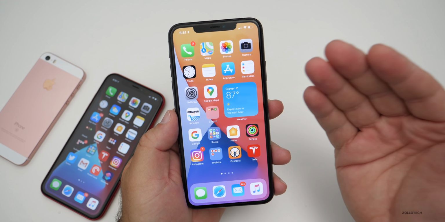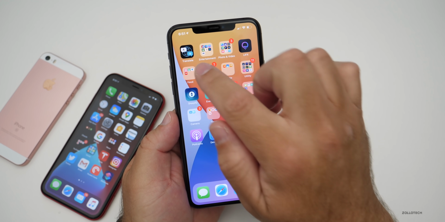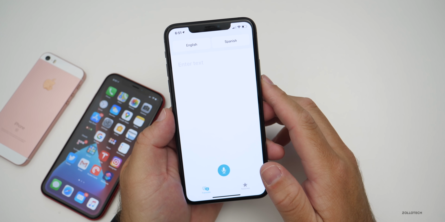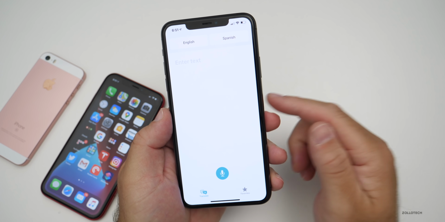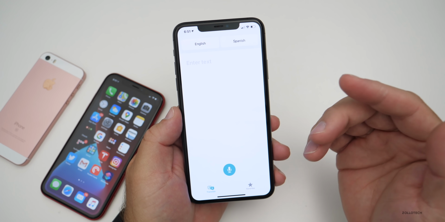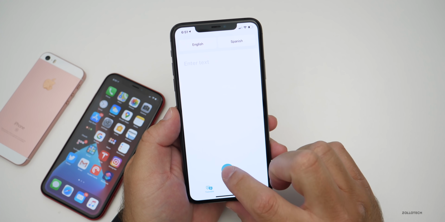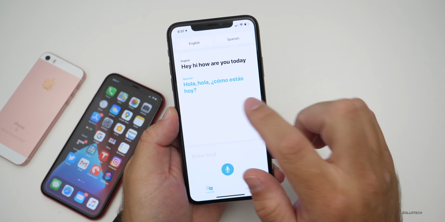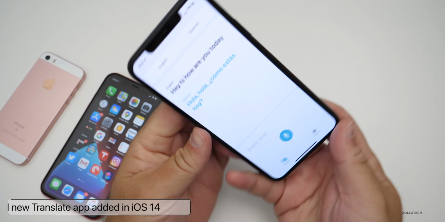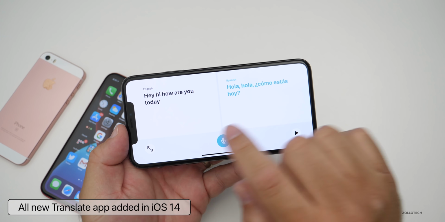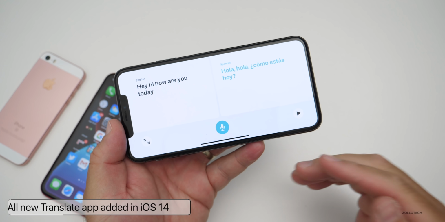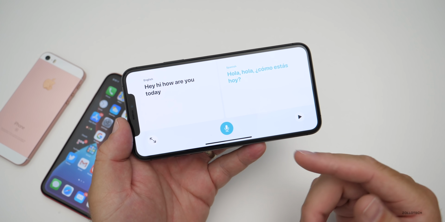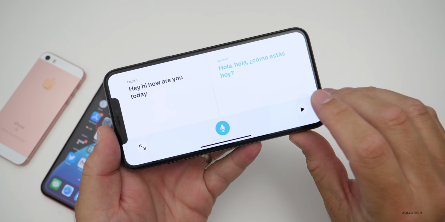Now, so we've got translation and privacy, but we also get a brand new Translate app right from Apple. So this is very similar to what we have with Google Translate, but it works in real time using the neural engine on the device itself. So I can translate from English to Spanish and say, "Hi, how are you today?" And you'll see it instantly translates it. Now, if I rotate it to landscape, you can see back and forth, and based on the actual language you're speaking, it will detect what language you're speaking and then translate back and forth so you can have a conversation. You can also play back what you said.